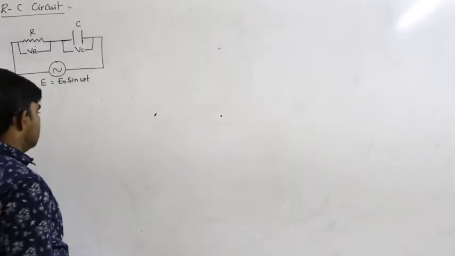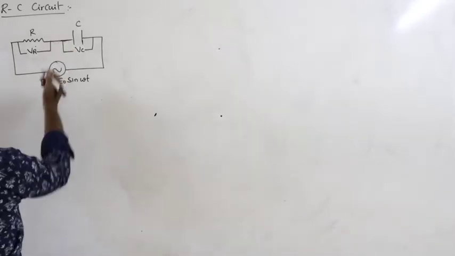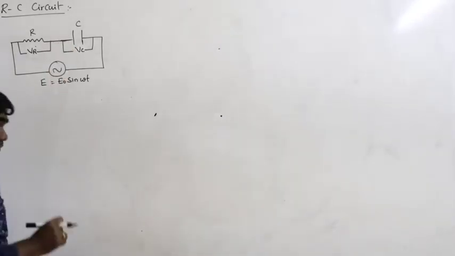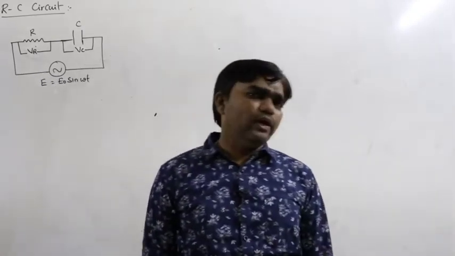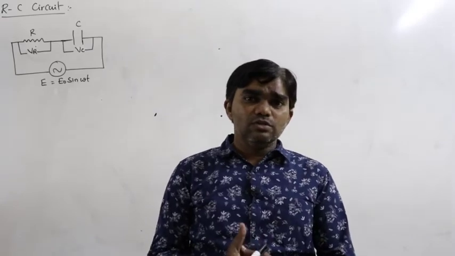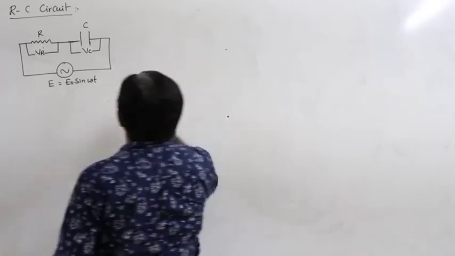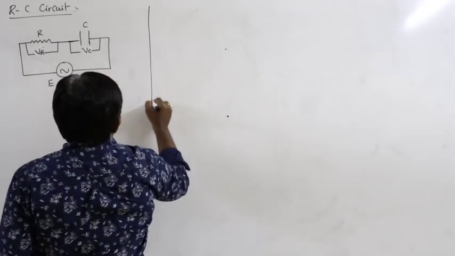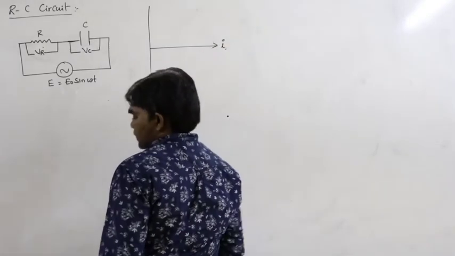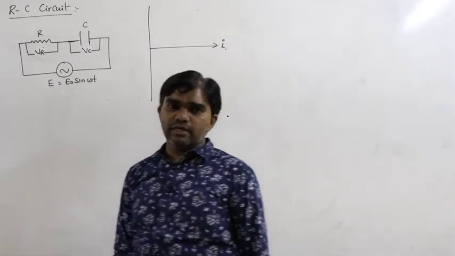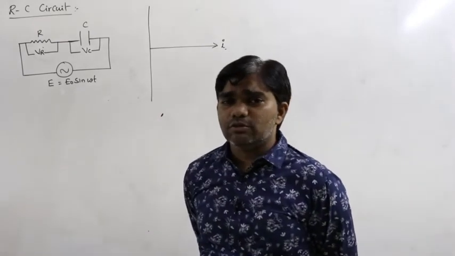Then what happens here? So first what we have to do? We must draw the phasor diagram. Without the phasor diagram, we can't do anything here. What is the phasor diagram here? So I am considering current must be along the positive x-axis. Now what are the circuit elements connected in the circuit?